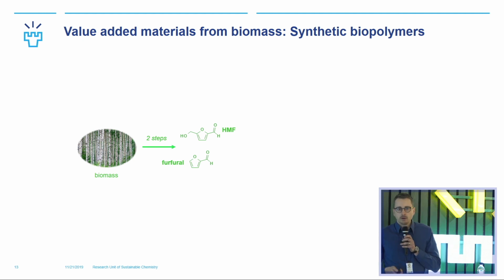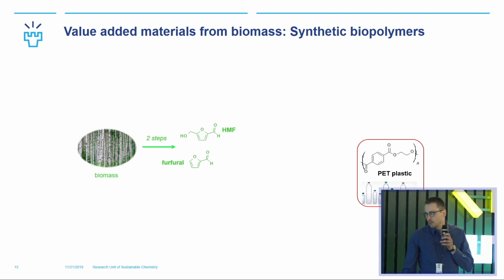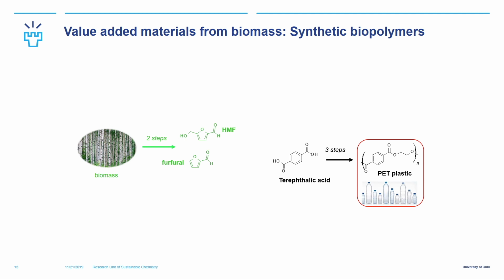At this point, it's also important to notice how those currently known fossil-based plastics are produced. One of the most well-known plastics is PET plastic. It's used in water and soda bottles, which are produced annually about 500 billion units. The main component of PET plastic is terephthalic acid. It takes 3 steps from terephthalic acid to manufacture PET plastic. It's mainly produced from fossil-based sources, crude oil, and